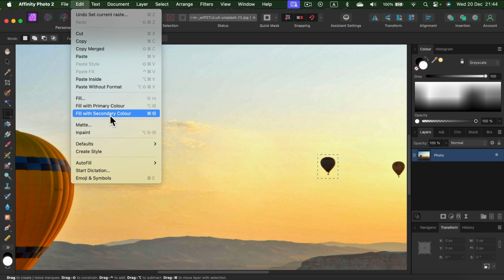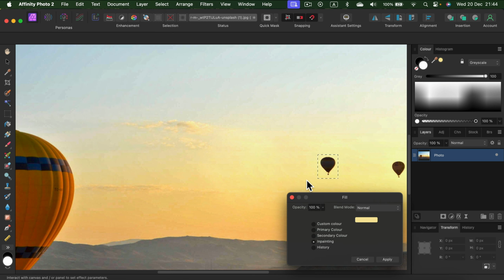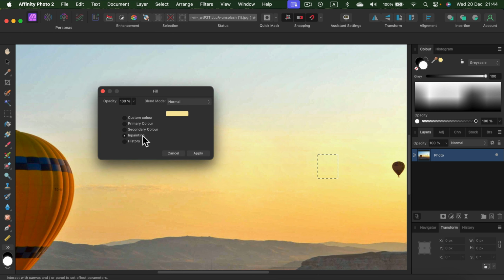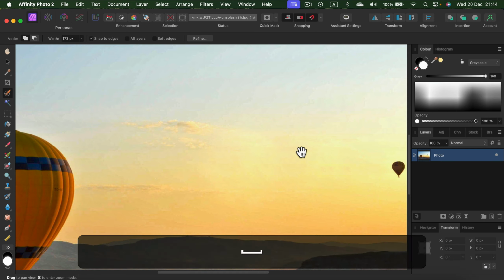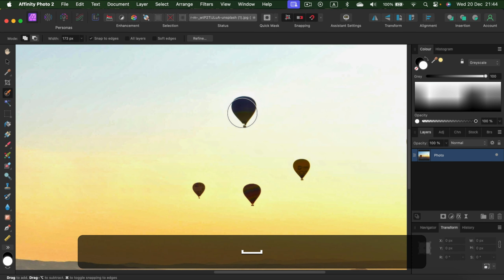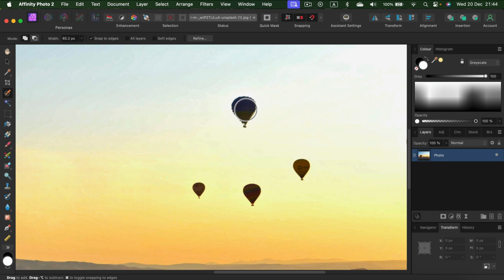Edit, fill, and we can select inpainting. What I like about Affinity Photo is we already see the result as a preview before even clicking apply. So that's nice. And it's gone. And we can use other selection tools as well. As I mentioned, there's a quick selection tool. So if we go with a really precise selection like that,